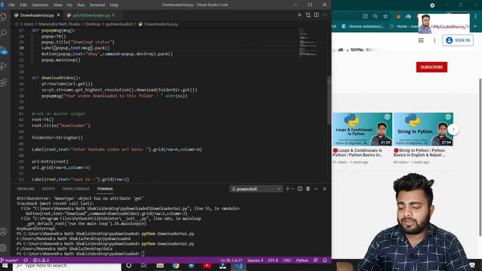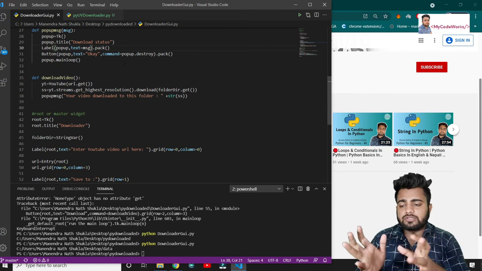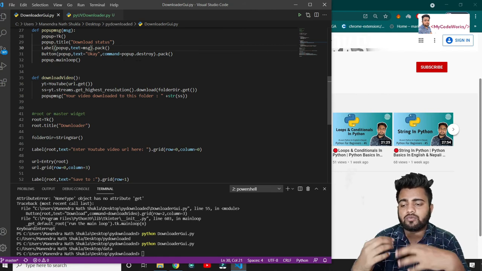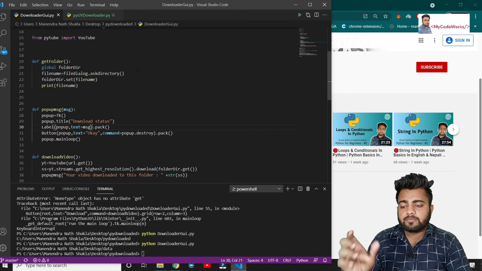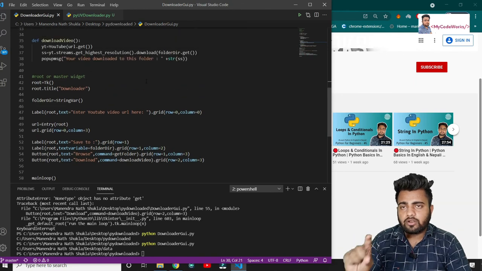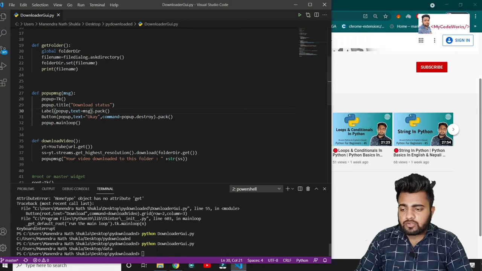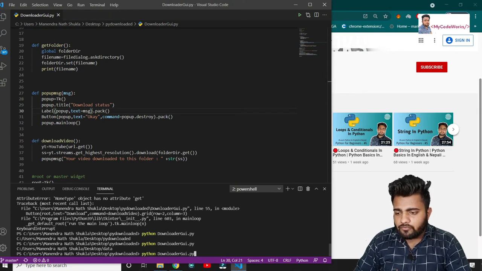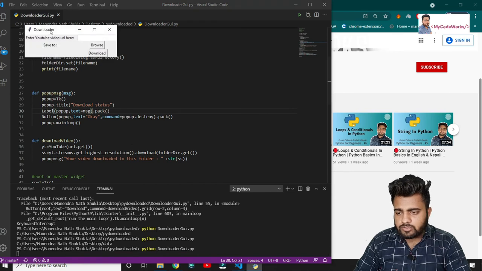Pack is in the same way, right? We have grid in the same way. Pack will definitely give it directly in the X and Y format, right? So if you don't want to display, it will simply show on the screen. And in the same way for that button also, the command is going to pop up that destroy. So basically when I click on OK, it's going to destroy the particular window and come back to the main window, right? So this is the final time we are going to do it. Let me execute this. Almost we have